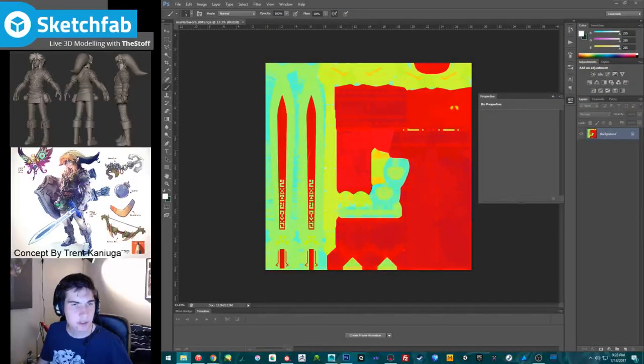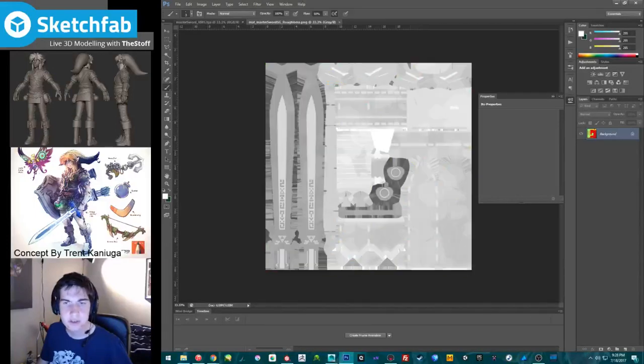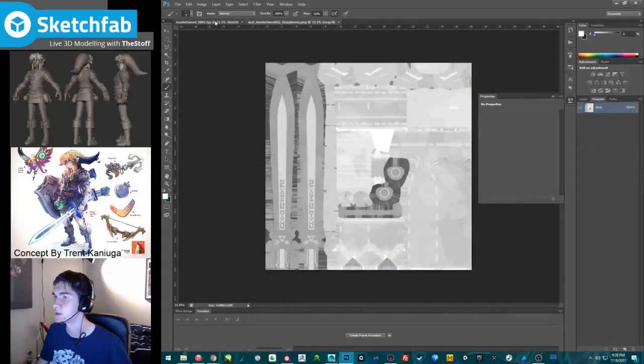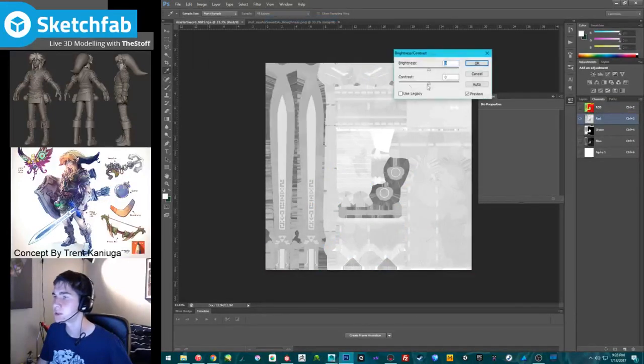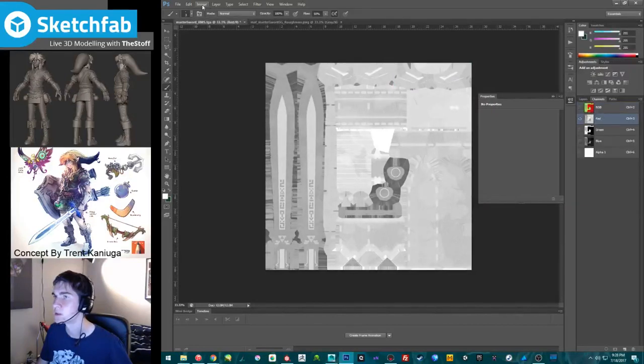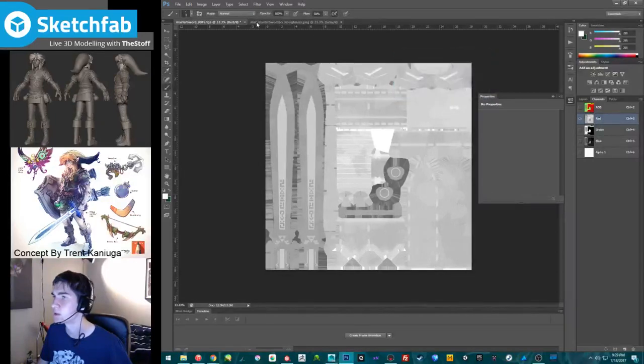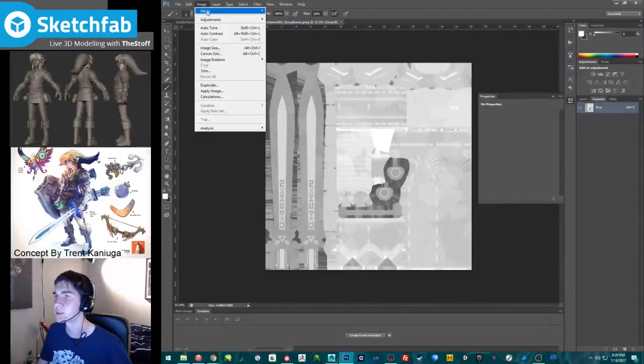So let's go into the Substance, export original, sword roughness. Okay, and we're just going to compare that to this. Image adjustment, brightness, contrast. What if I do this?